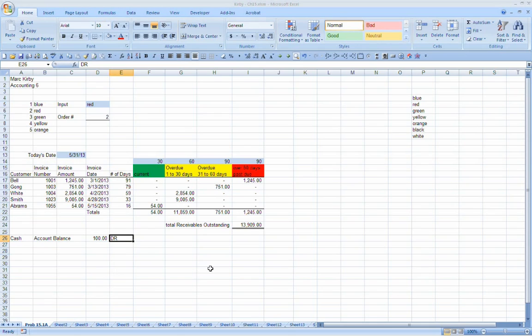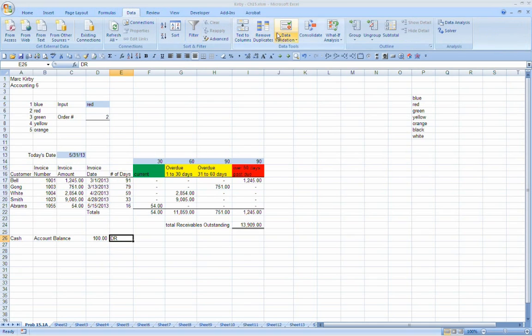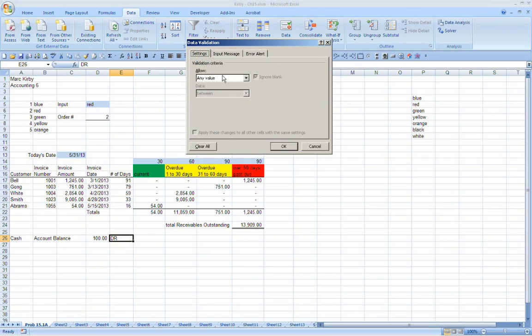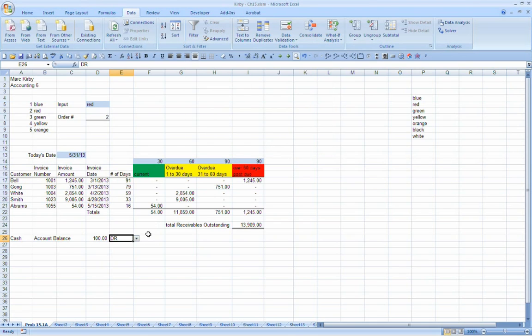Right? So let's use data validation to help someone know that we're looking for a debit or a credit in this column. Data, data validation, settings, list, debit, credit, and now their two choices are debit and credit. So it's a $200 swing if I have a $100 debit versus a $100 credit, right? Well, let's think about this in terms of what can we do to help automate the spreadsheet we just did